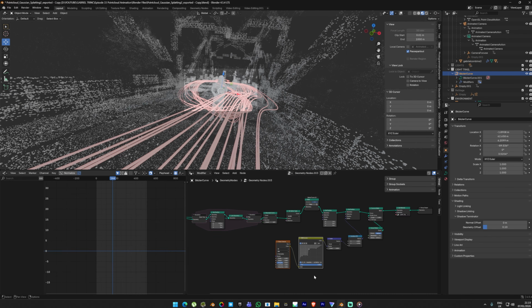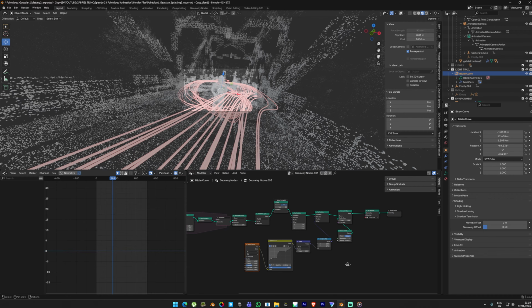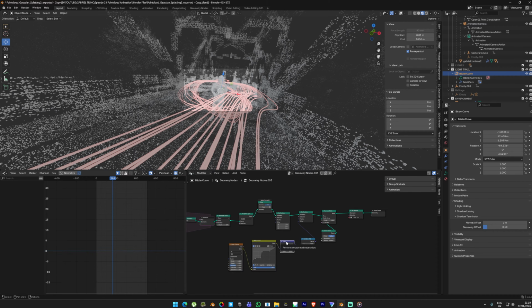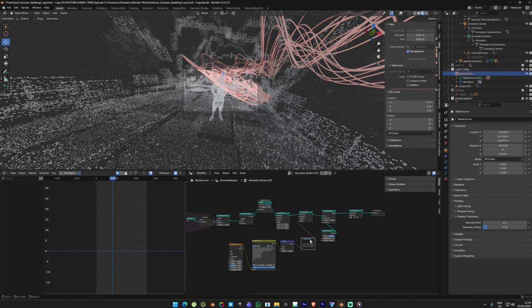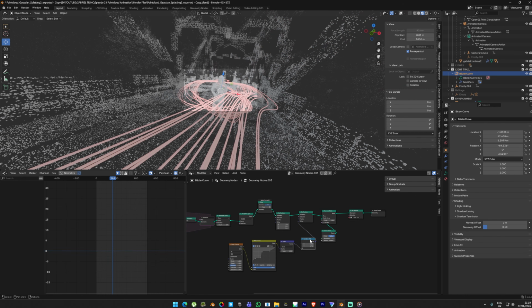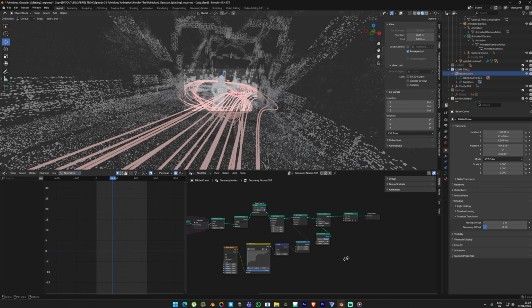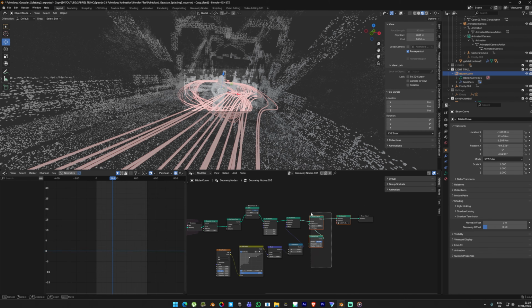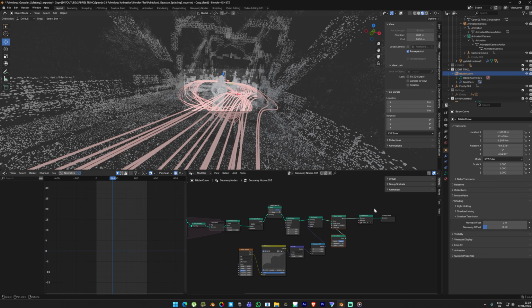If I disable and enable these nodes, you can clearly see the difference. Right after that, I use a scale node to control the overall size of the trails, and a combine XYZ node so I can move the entire light trail setup if needed. If I want to further adjust the scale of the curve, I can do that again using this same node. At the end of the geometry node setup, there is a set material node which controls the color of light